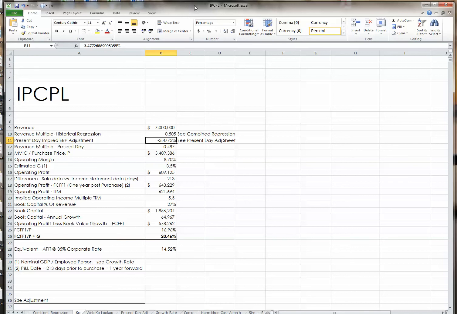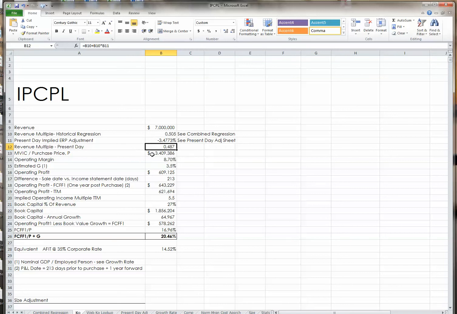And there, what we're doing is using a change in the implied equity risk premium, as calculated by Dr. Damodaran, and based on that analysis, which will be a separate video, the price is predicted to be roughly 3.5% lower than the average over the 15-year history. Therefore, the current price to revenue ratio is predicted to be